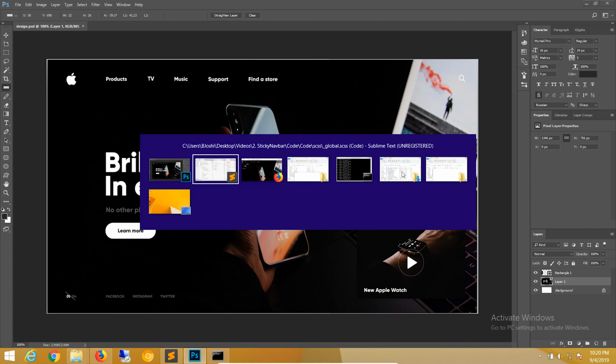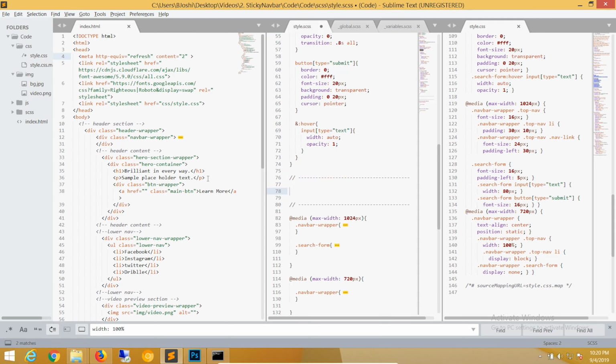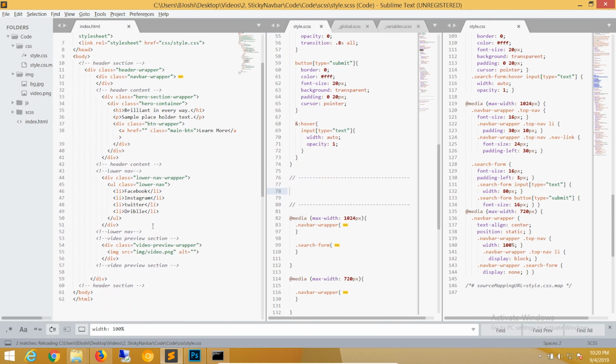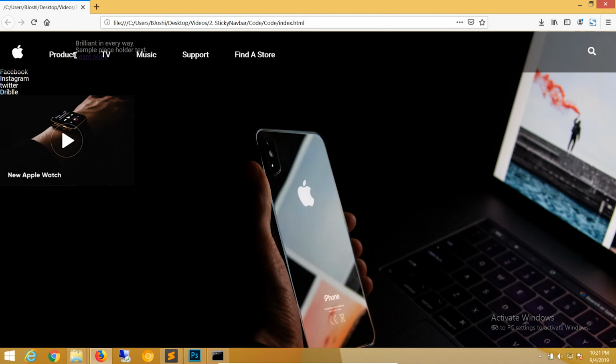So I'll be using my container class here. I have defined a max width of 1200 pixels and width 80% here. So let's just give this hero section, let's just inherit my class. You probably don't know the inherit part, so let's just use the container class here. Okay, so this is our header text. It's coming in the center now,